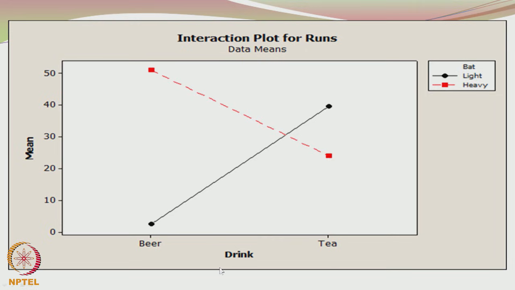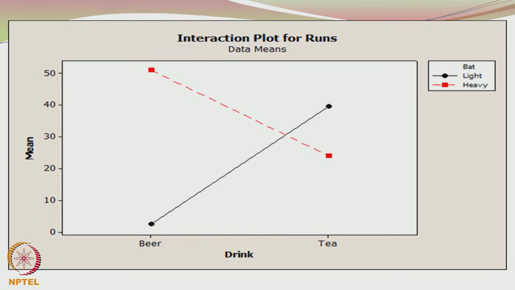Okay. So, obviously, under the influence of the alcohol, the batsman is able to swing more wildly and connects more often than not, and then scores more runs, who knows. But this is an example where there is a strong interaction between the type of the drink and the weight